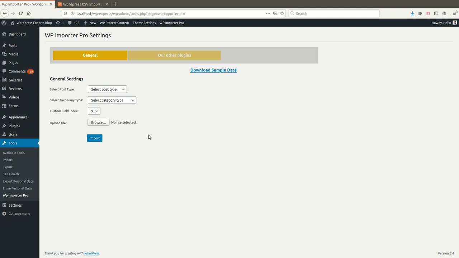The first one is the most important key. You can say this is the primary key of this CSV file. You can't edit or upload any data from our plugin without using this unique ID. So this is the main important key in the CSV file, and it should always be unique. I will repeat it again: this is the unique key of the CSV file, and it should always be unique.